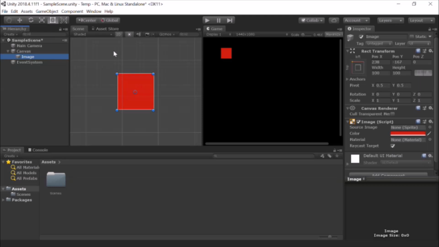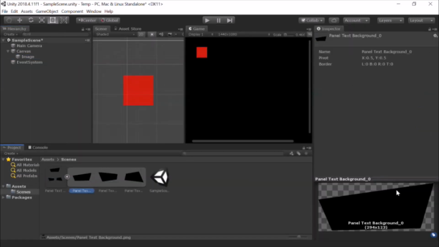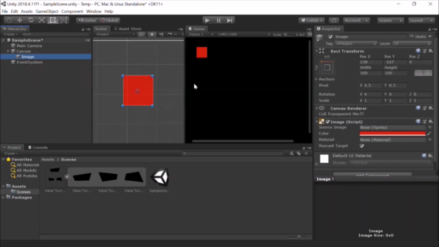Whenever we add an image, let me show you. See this image, you can see that it's a polygon shape. If we select this image and drag it onto this, imagine this to be a photo and this a frame.